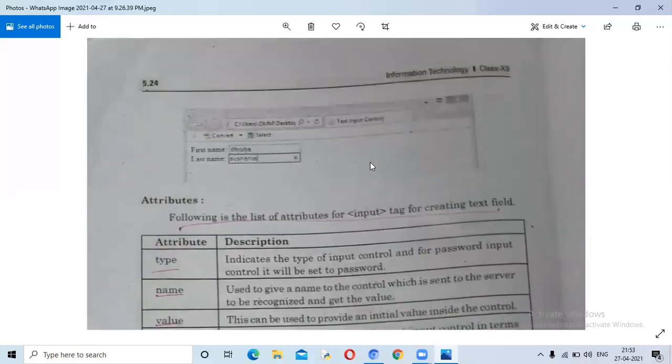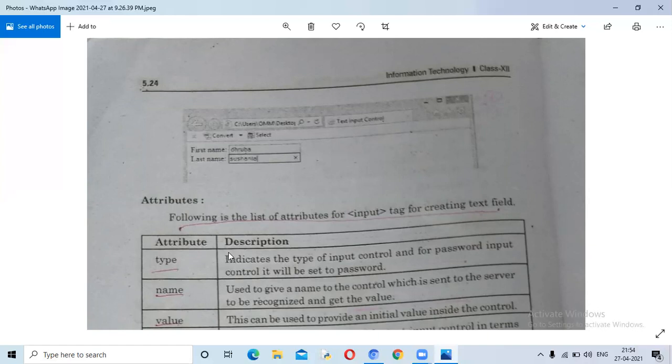the output will be like this. So first name, this is a text box here, and first name is the label name and last name is the label name. Here the square, the rectangle box is known as a text box, and here we can enter some text, and the variable of the text is first underscore name.